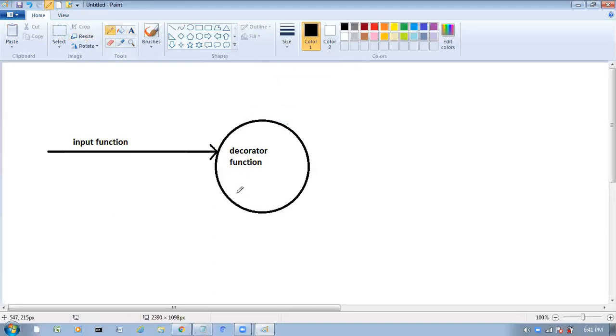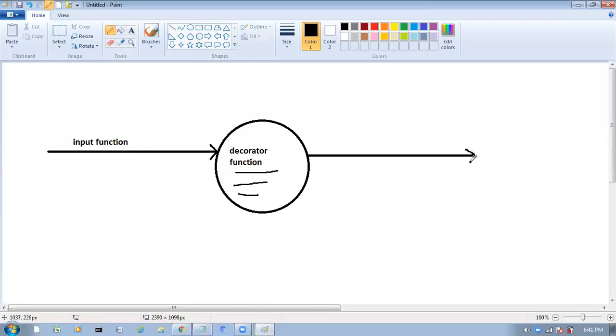Here we are adding some extra functionality, and finally this decorator function will return the new function with the modified functionality. Again, it will return a function only.